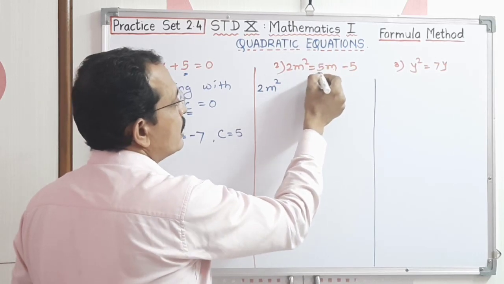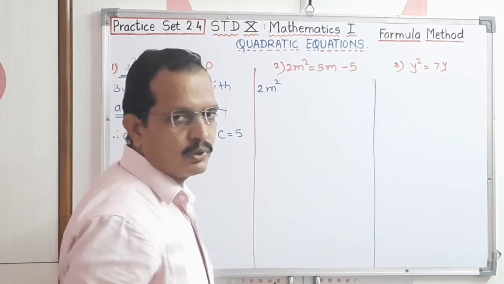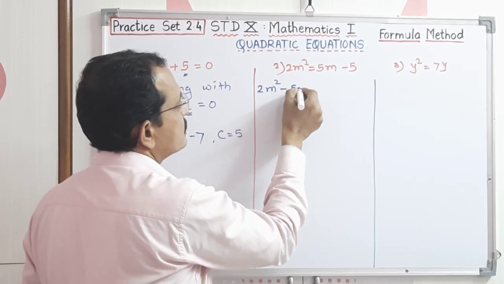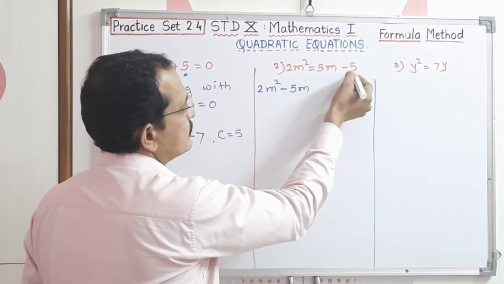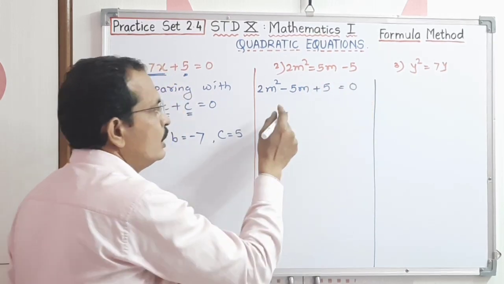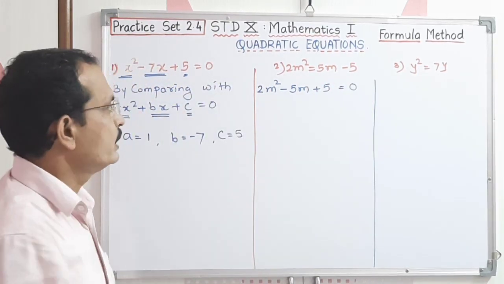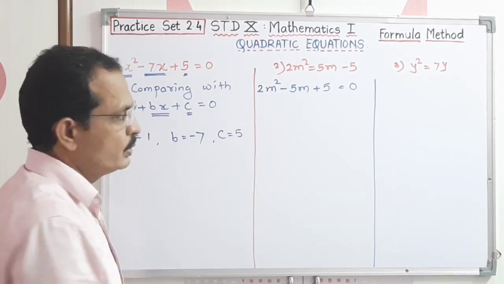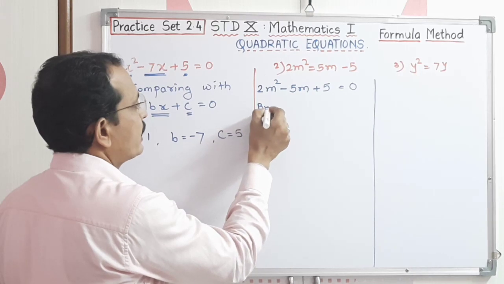This middle term is on that side of the equal sign, therefore we have to take it to this side, so it is minus 5m, and this minus 5 will come here, it becomes 5 is equal to 0. Now it is in standard form: 2m square minus 5m plus 5 is equal to 0. Now we have to write it by comparing